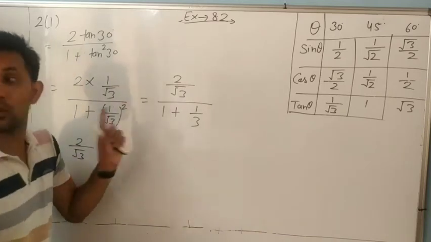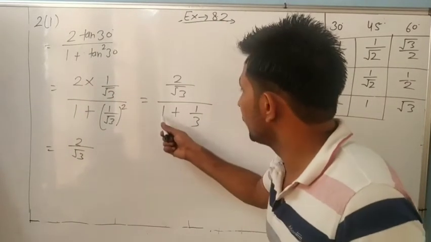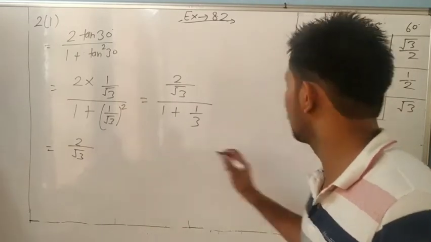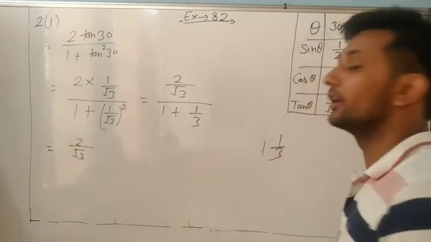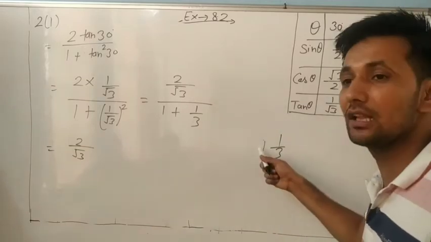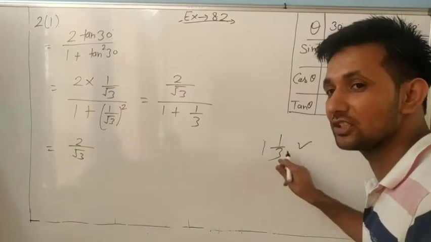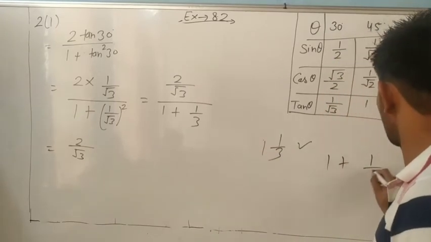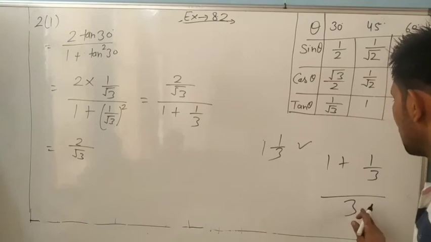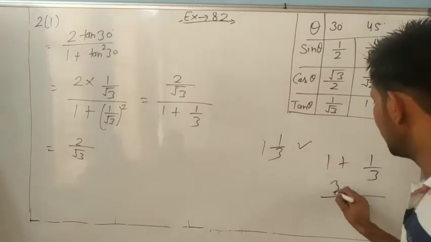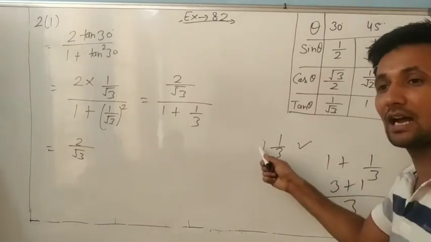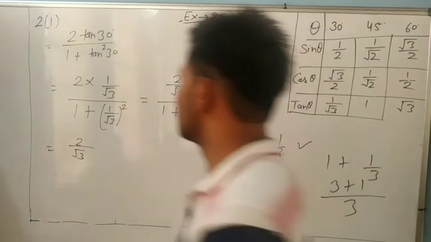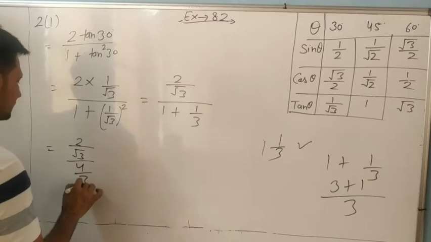It means whenever, dear, we want to add two fractions, if in one fraction there is no denominator, it means 1 and 1 by 3. It means 3 1s are 3. How to solve a mixed fraction? 3 1s are 3 plus 1 is 4 by 3. Look at 1 plus 1 upon 3: 3 is the LCM, 3 1s are 3 plus 1, that is 4 upon 3. We will save our time, not like 7th class.